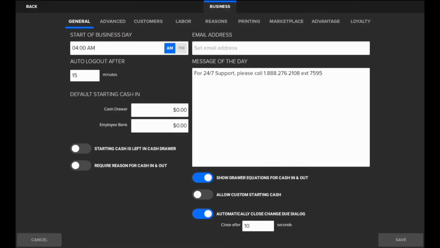Next, we can toggle if we want to show the drawer equations for cash in and out. We can allow a custom starting cash amount with this toggle. Lastly, we can tell the system we want to automatically close the change dialog after a certain amount of seconds. This is recommended to be set so it does not stay on the change dialog screen if they forget to